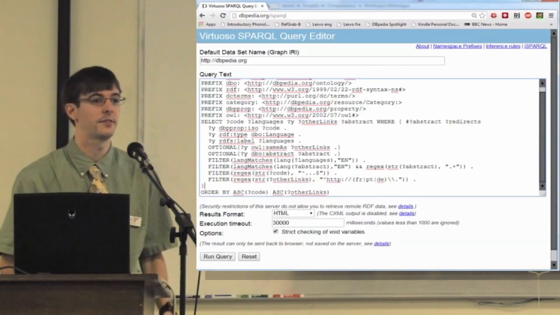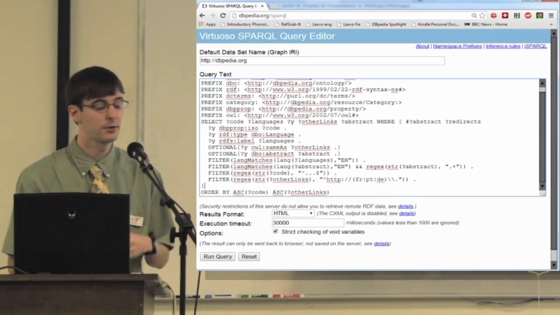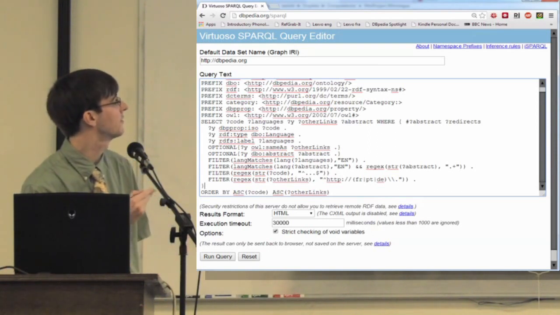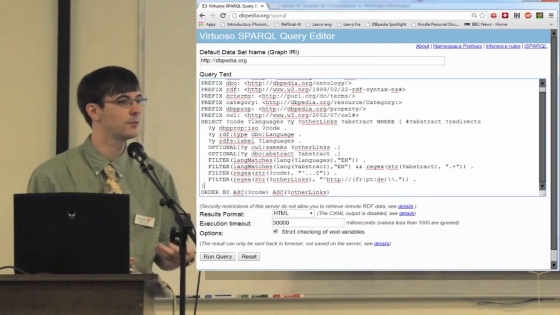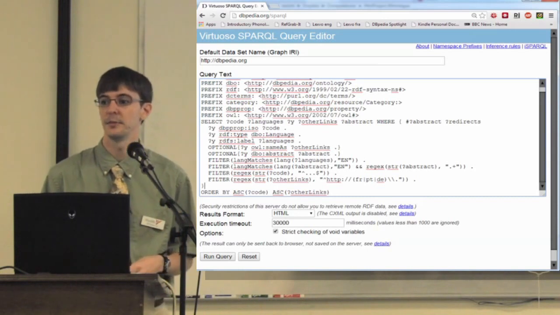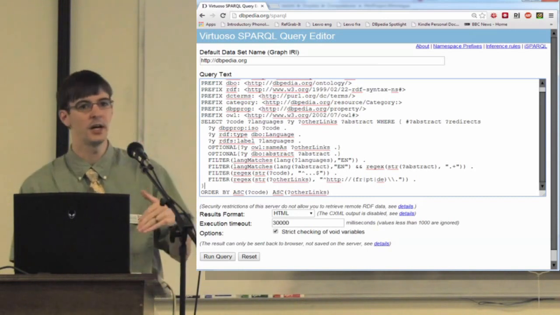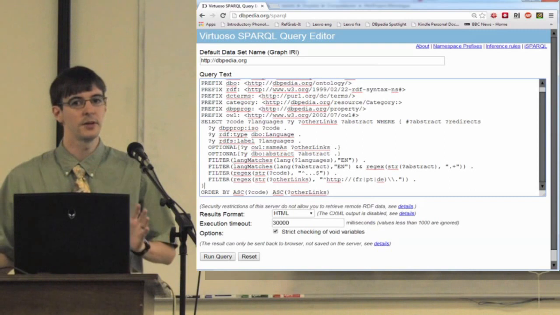It's SPARQL, and I'll talk a little bit more about that later, which is related to SQL. It's a standard way, or a semi-standard way, or well, common way of requesting data from a database, because you can say, I want this, this, and this, but not this, and link it to this. It's very, very in-depth.